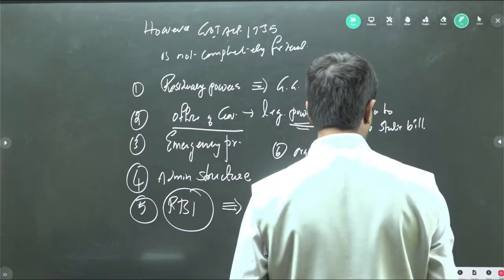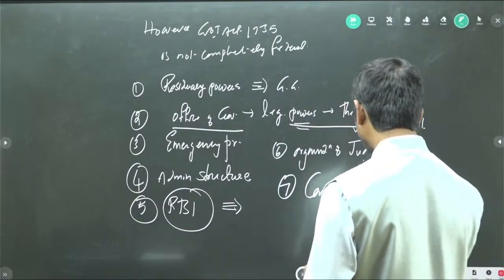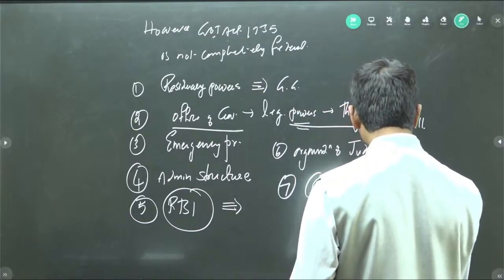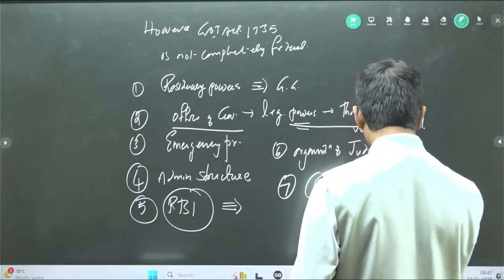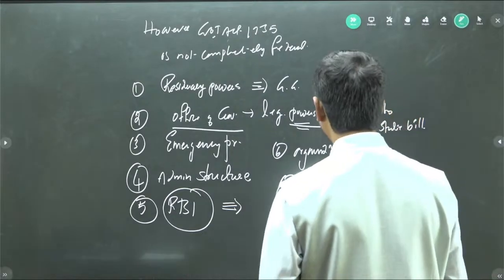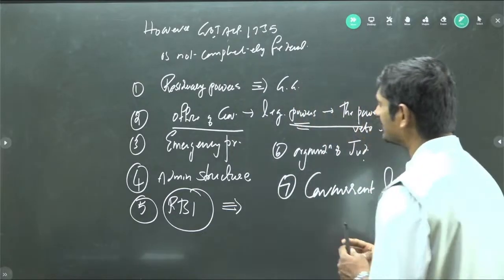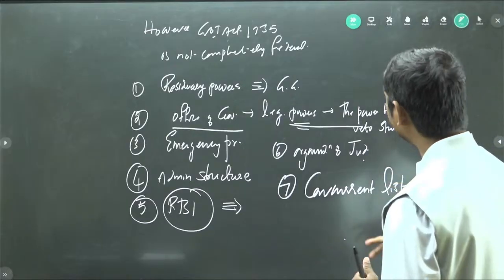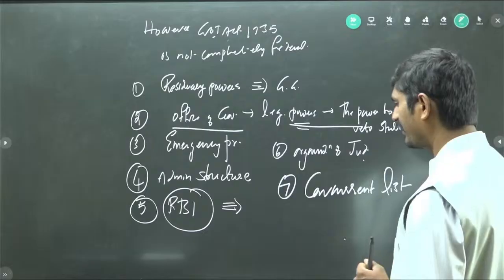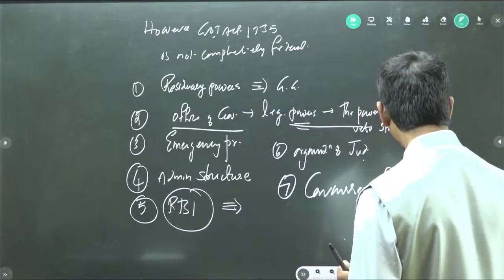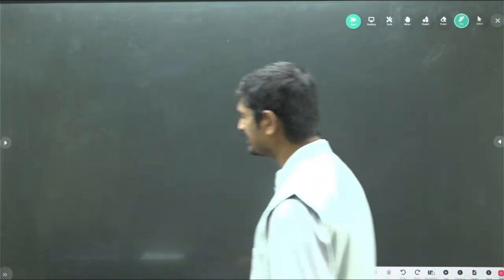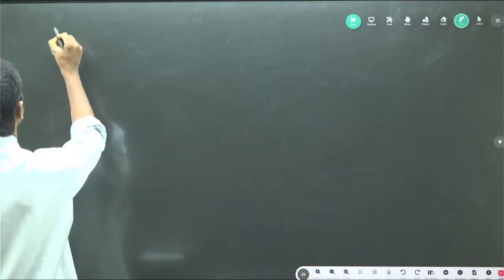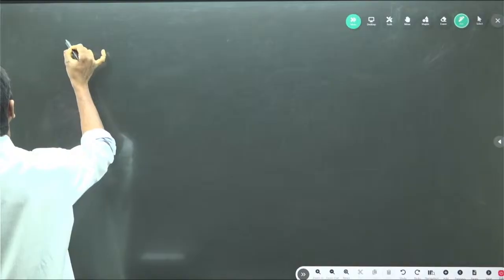Looking at all these dimensions, we can understand the Government of India Act of 1935 has its own impact on the Constitution of India, but however it is not completely federal, it is having certain unitary features also. So in the conclusion we need to write that,